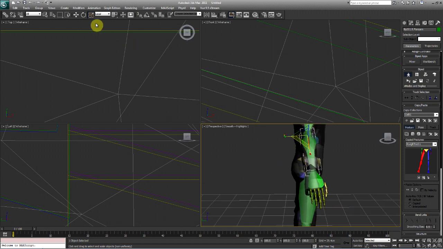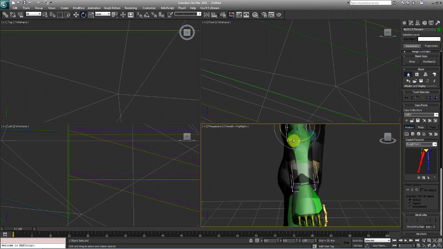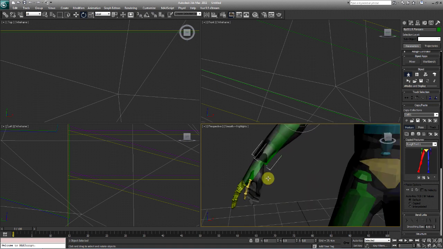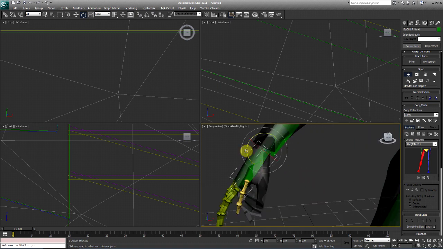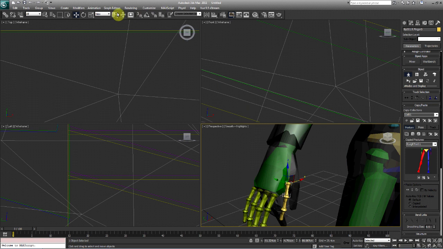And now on his forearm, we're going to move this back a little bit so the palms can match up. Now the palms are matched up just a little bit. Okay, this is going to be essentially the same thing. It does take tedious time to do the fingers. So let's go ahead and select local. I'm going to do the thumb, and then we're going to continue on from there.